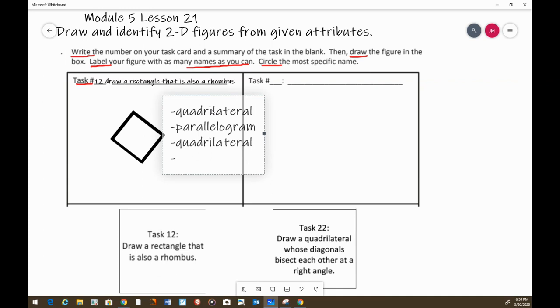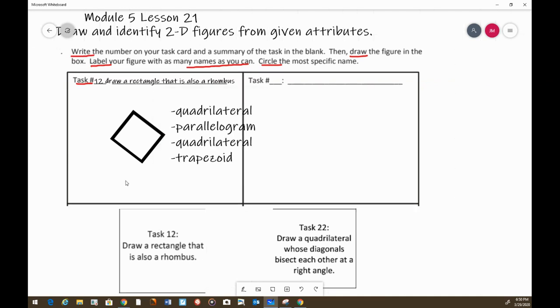Now, can we call this a trapezoid? Well, if you recall, a trapezoid has 1 set of parallel lines. This particular shape has 2 of them, so we can also call it a trapezoid because it has 2 sets, and you only need 1 set of parallel lines to become a trapezoid. So now you're down there. We wrote as many names as we could. Now our next